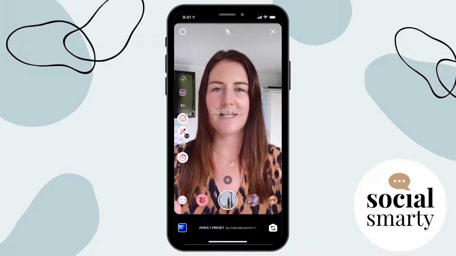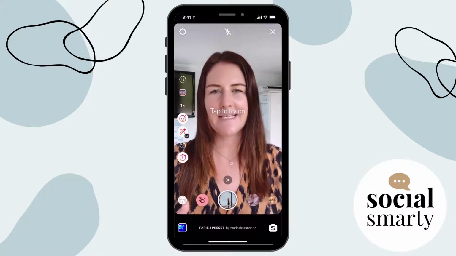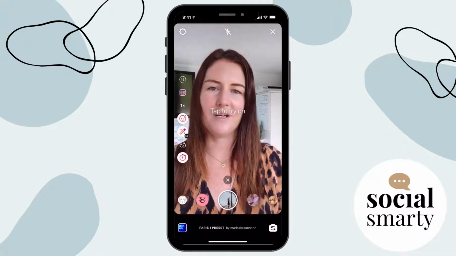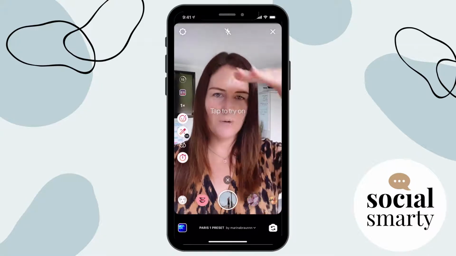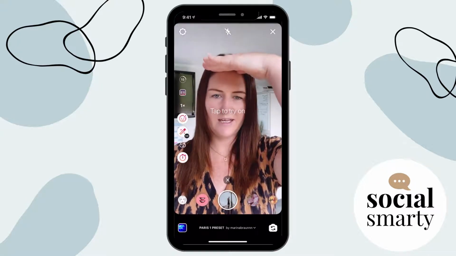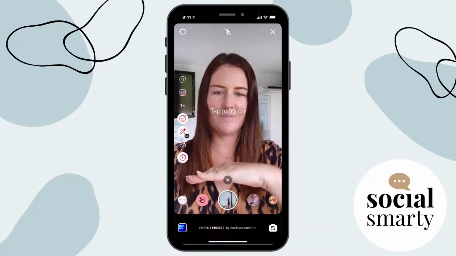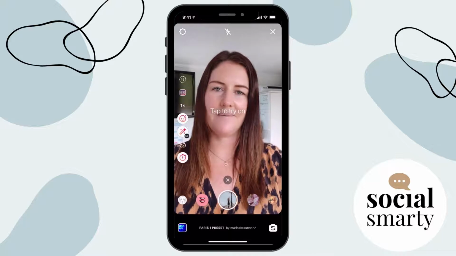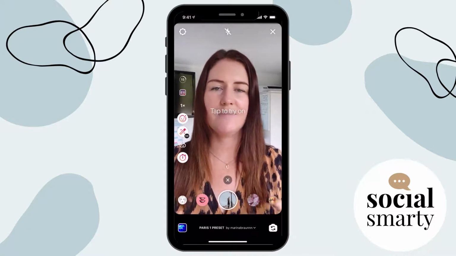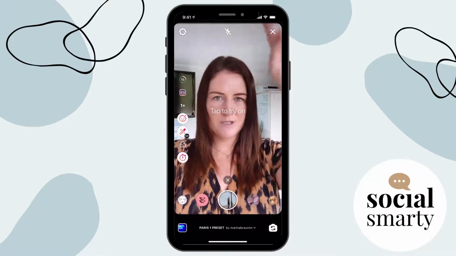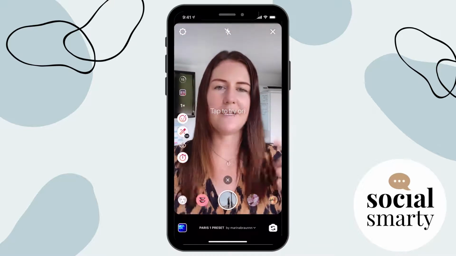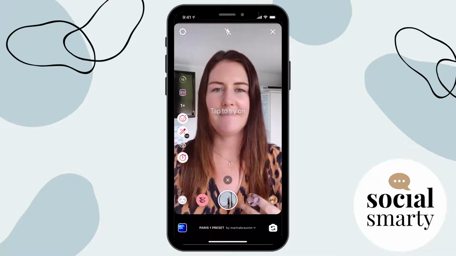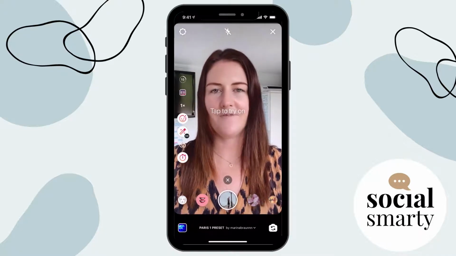So if you're familiar with Instagram's portrait sizing, it's basically cutting off sort of the top and the bottom of the reel. So when we record, we don't want to put anything sort of above here, and we don't want to put anything sort of below about there. So we want to keep the bulk of our reel in the center, particularly if we're going to add text. Because if we were to put text right along the top here and someone sees the reel in their newsfeed, they're not even going to see that text. They're going to have to click through to the actual Reels feed to see it.